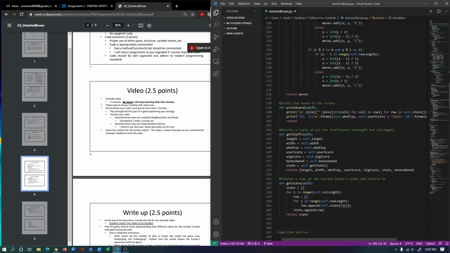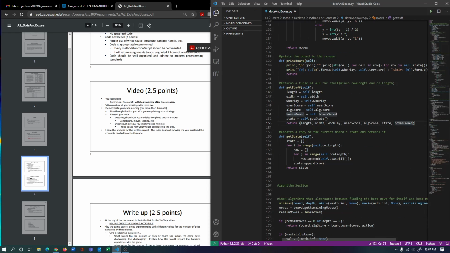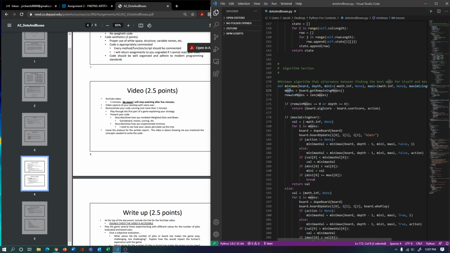Print board just prints it. Get stuff is just getting all this stuff. Get state is used by get stuff, and that just gets the current state of the board. In the algorithm, it gets all the moves and looks at how many moves are in there. If it's 0 or if depth is 0, it just returns the heuristic and what action is done to reach